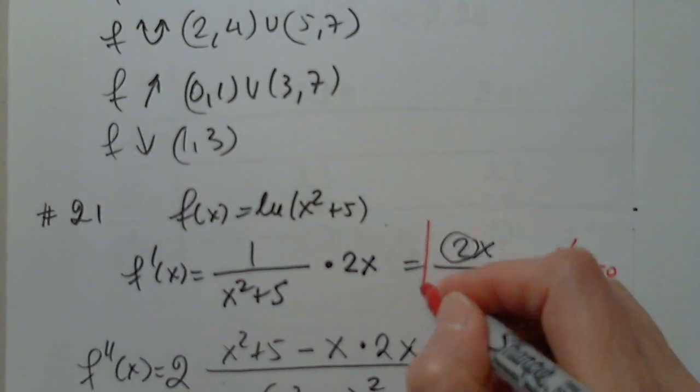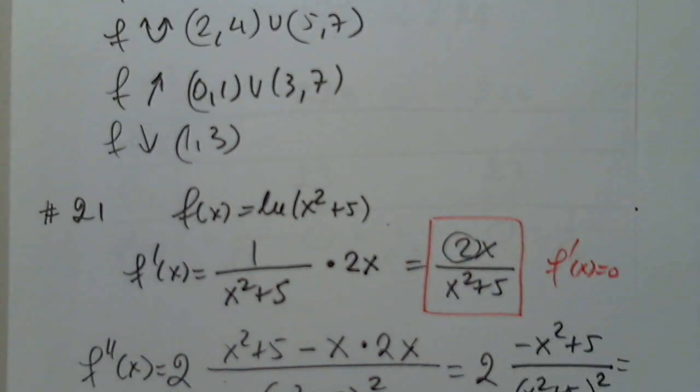is 0. What do we get? What is the only critical number? Because this is never undefined. What is the only critical number here? X equals